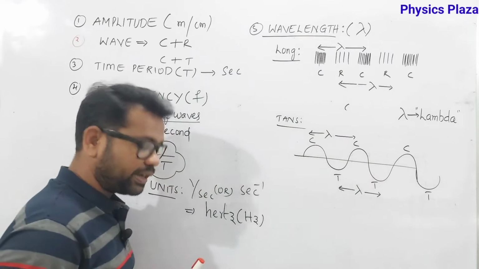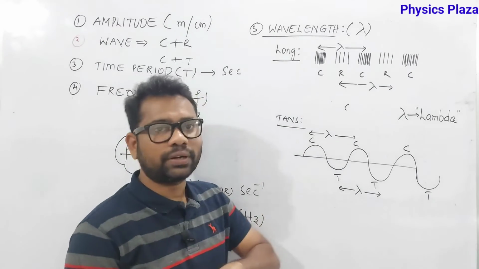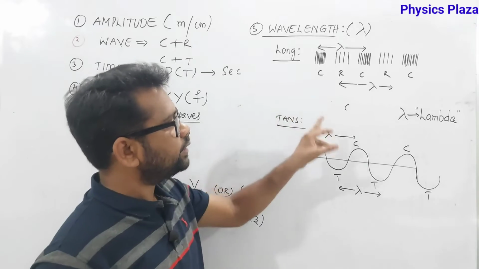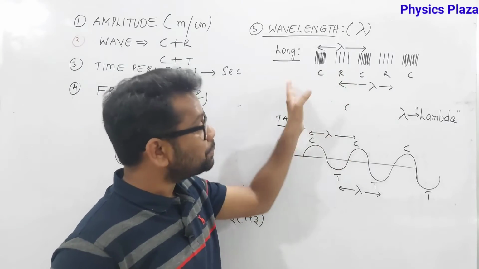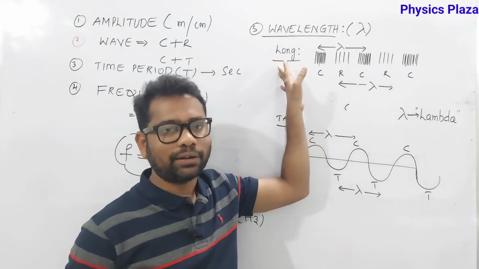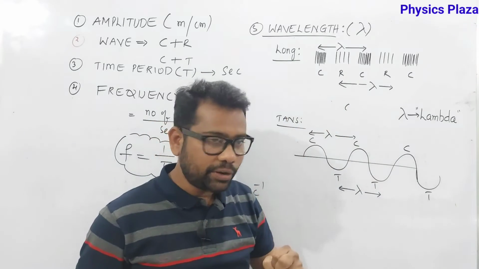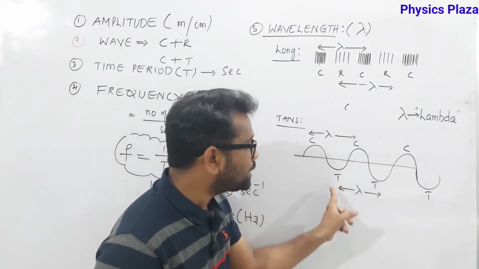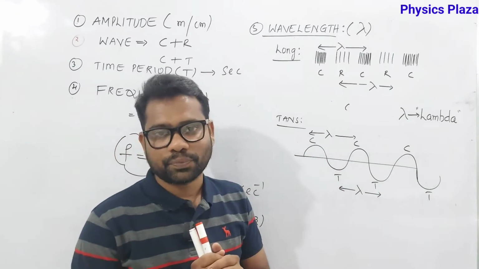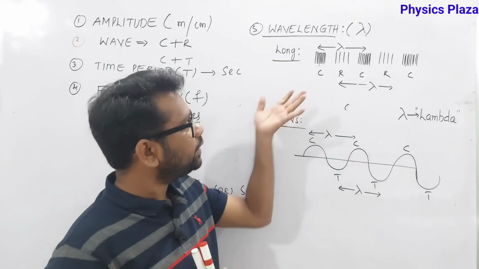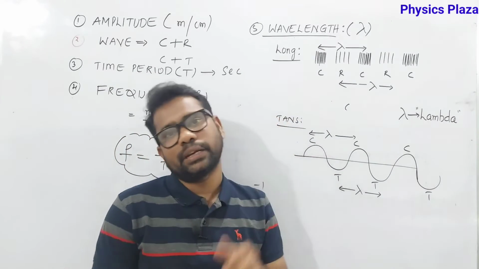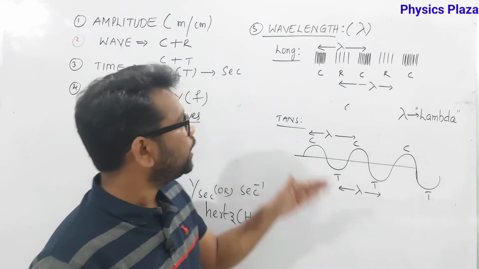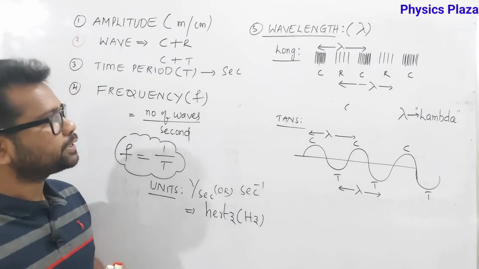This is very important. In the examination you can write either one. What is a wavelength, children? The distance between two consecutive compressions or rarefactions is the wavelength in a longitudinal wave, or in terms of a transverse wave, the distance between two consecutive crests or troughs is called wavelength. Am I clear, children? As it is a distance only, you can measure wavelength in meters and centimeters. So this is what wavelength actually is.